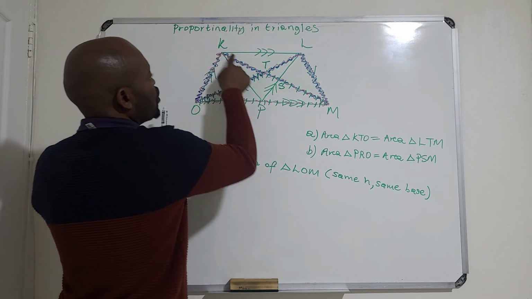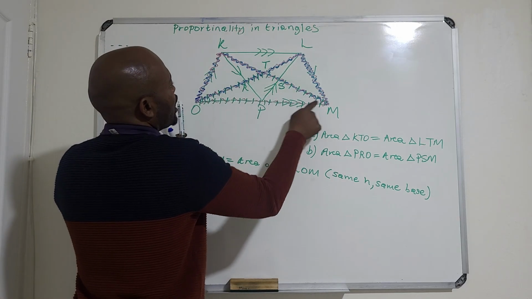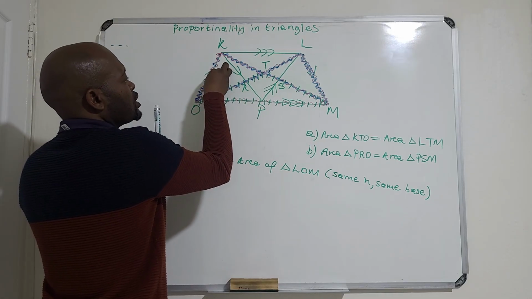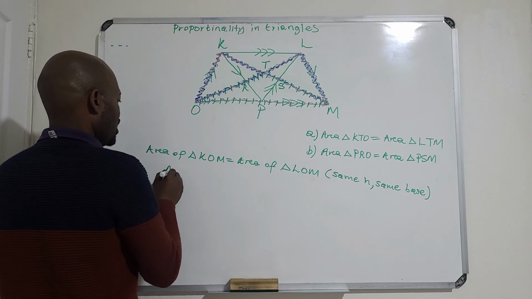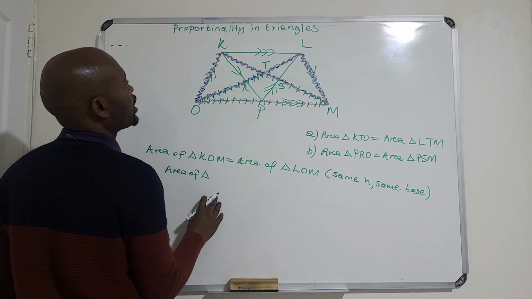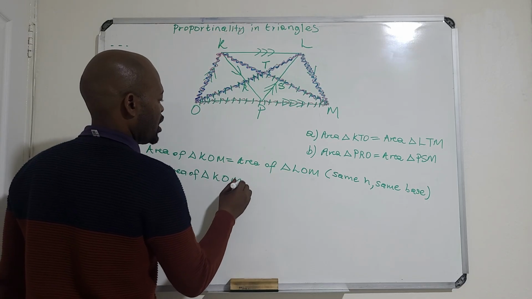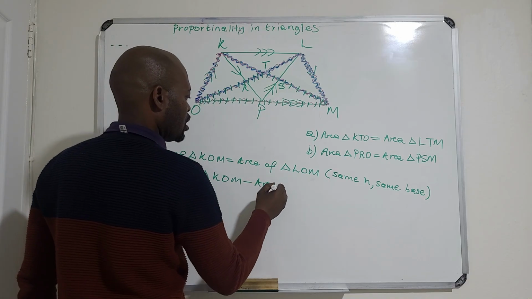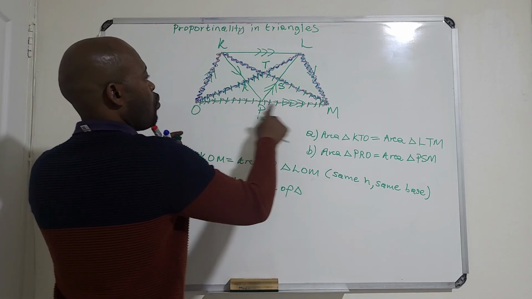So I'm saying this triangle minus this triangle, I'm going to be left with this triangle. You can see that. Therefore, we're saying that area of triangle KOM minus the area of triangle TOM